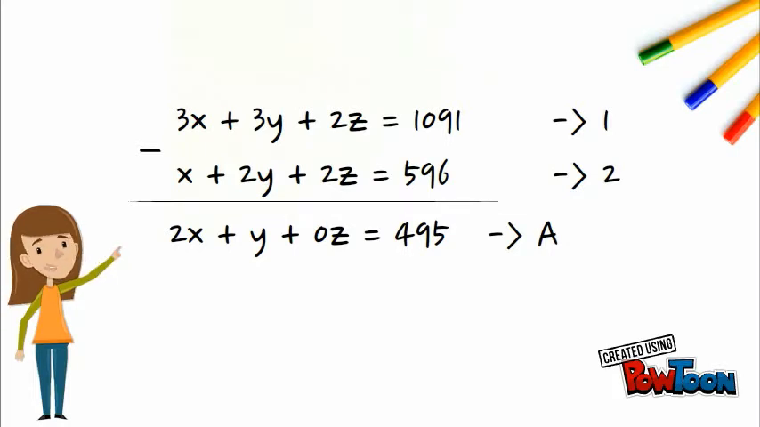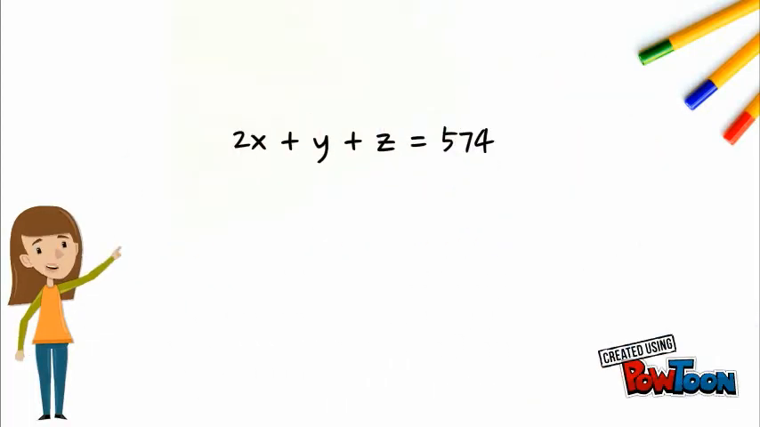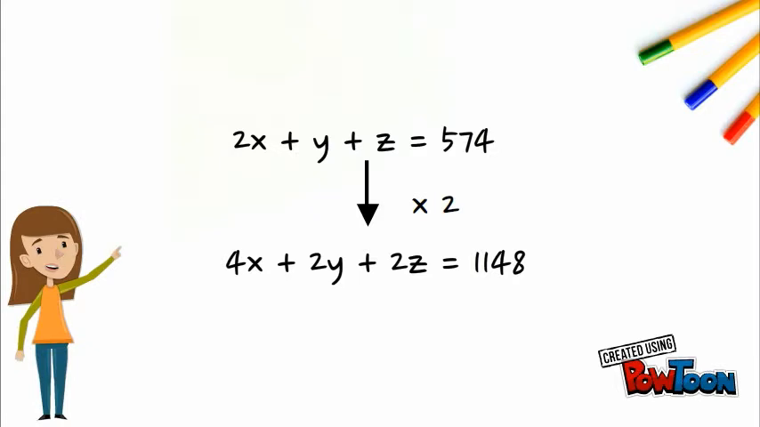Now, let's compare another 2 equations from the 3 equations given. First of all, we have the third equation that we have not used, but it states that there's only one z in that equation. For us to be able to compare equation 3 to the second equation, we will have to multiply the entire equation 3 by 2 and receive 4x plus 2y plus 2z is equal to